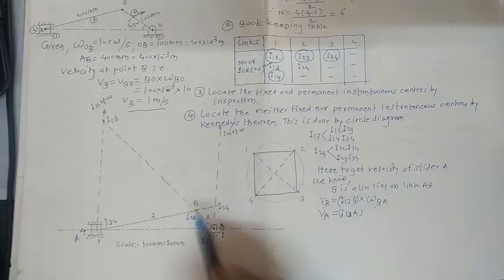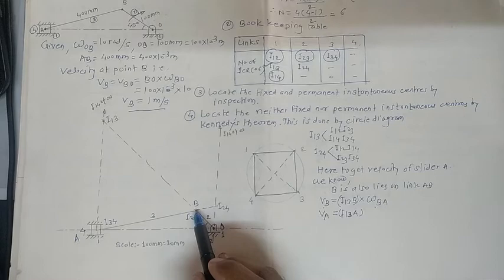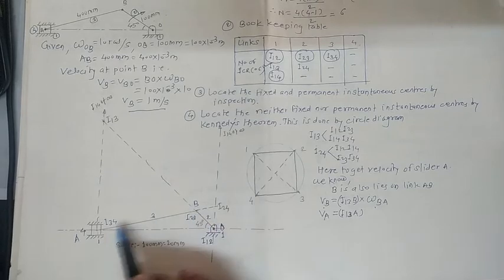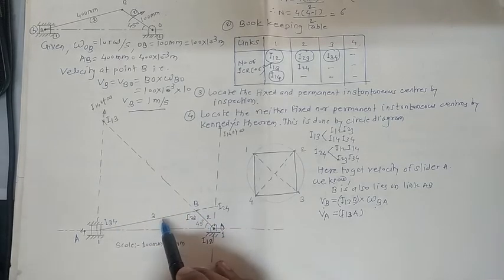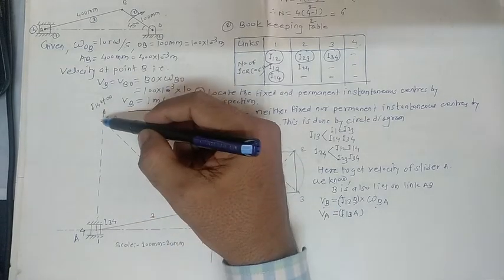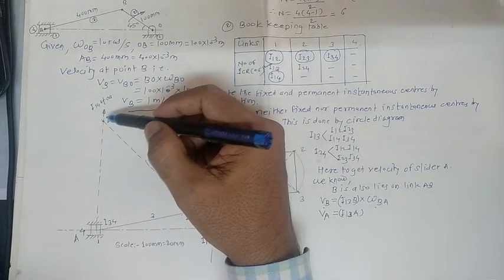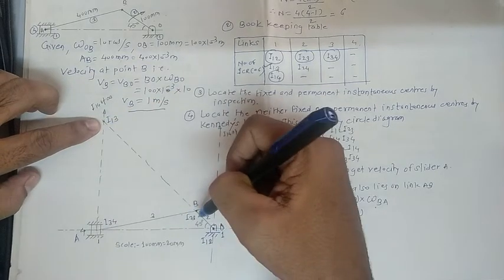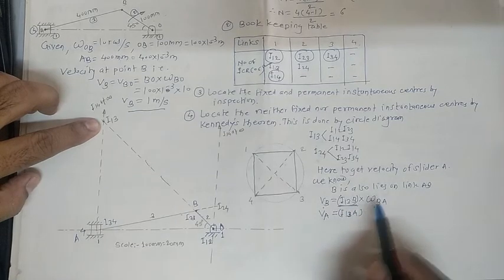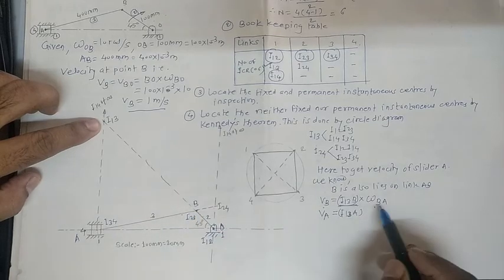If B lies on both links, then B carries two motions. If I initially consider that B lies on the first link, B possesses only rotational motion. If I consider B lies on the next link, then B possesses linear motion. So this is the combination of two motions. That's why you have to consider the radius of rotation with respect to the imaginary point, the instantaneous center I13, about which that point tends to rotate. So you need to consider this distance I13B multiplied by omega AB or omega BA.